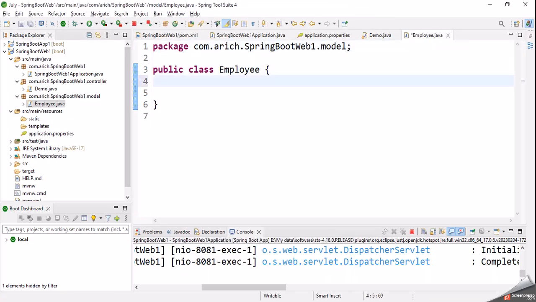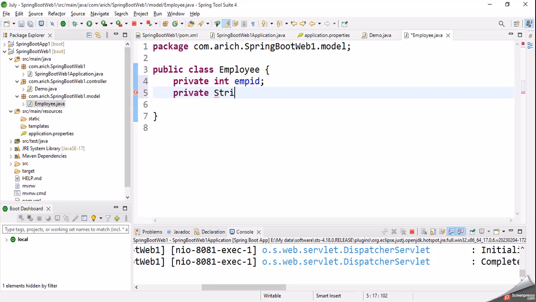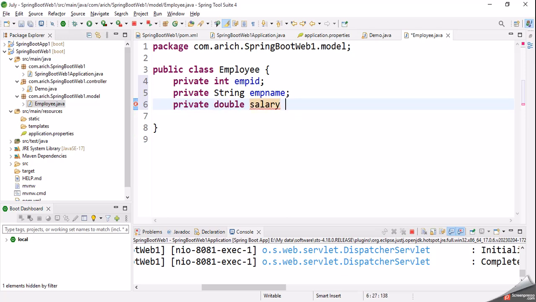Here declare private int empId, private String empName, private double salary,